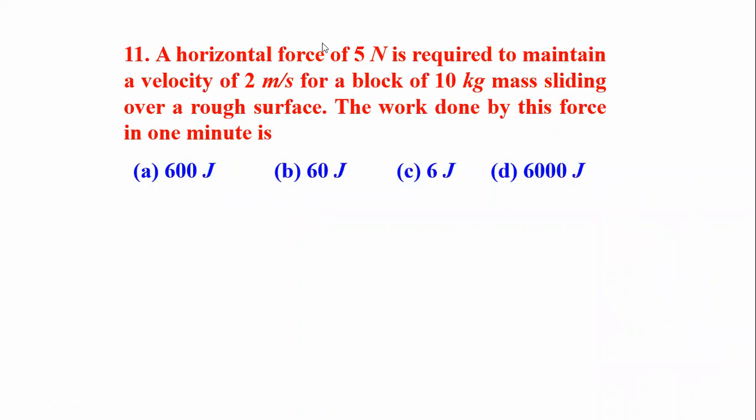Next, a horizontal force of 5 newtons is required to maintain a velocity of 2 meters per second for a block of 10 kg mass sliding over a rough surface. The work done by this force in 1 minute is, time period is given as 1 minute,